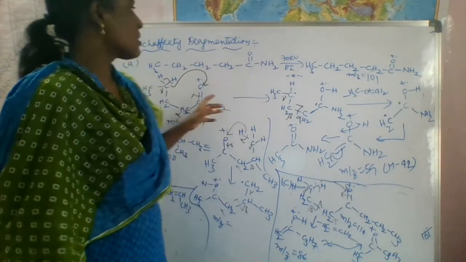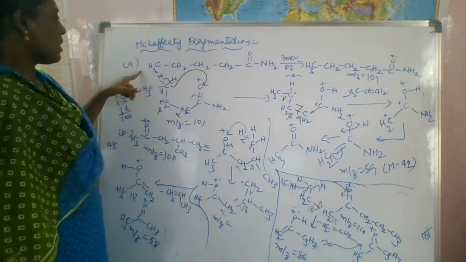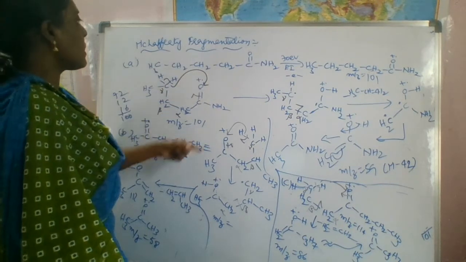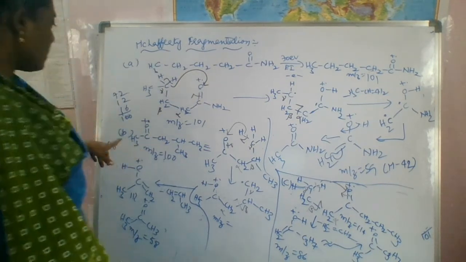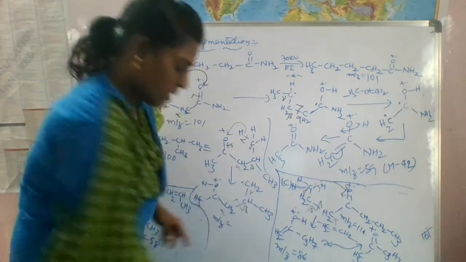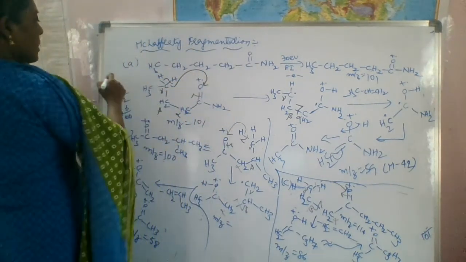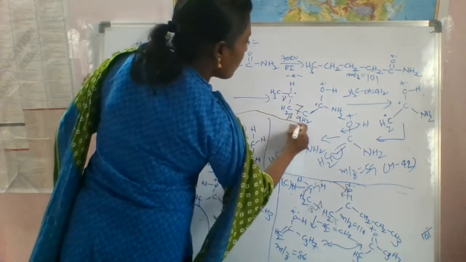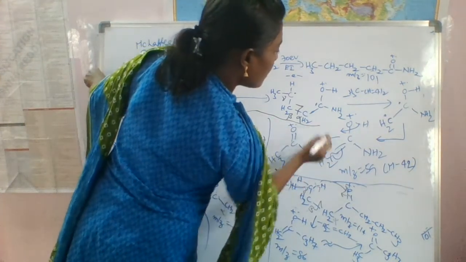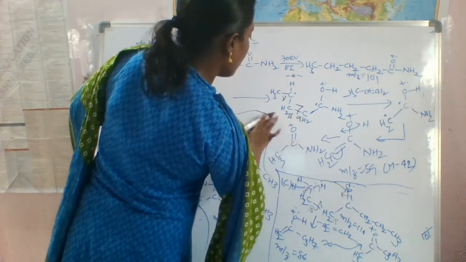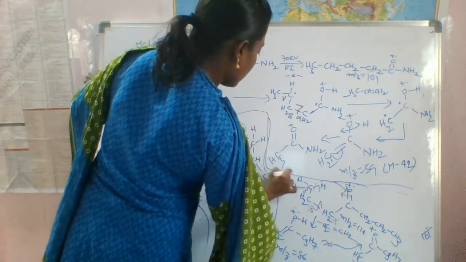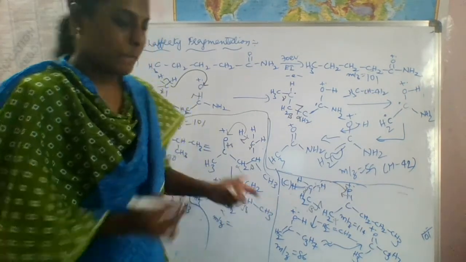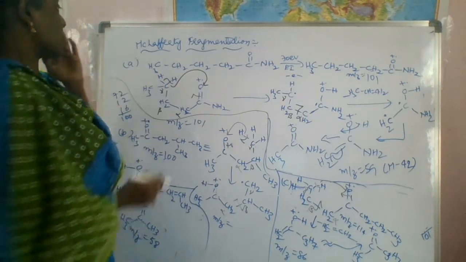So this is the previous assignment. I gave you McLafferty fragmentation for A, B and C, right? This is for the A part. Do your own self correction, right? So this is about A1, this part. This is B1 and this is C1. I have clearly explained in the first one.